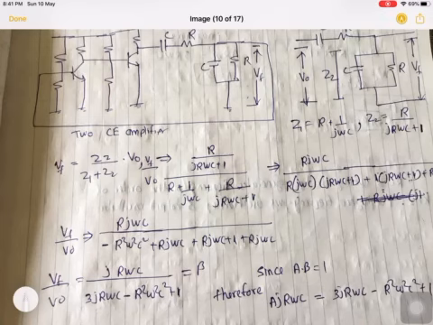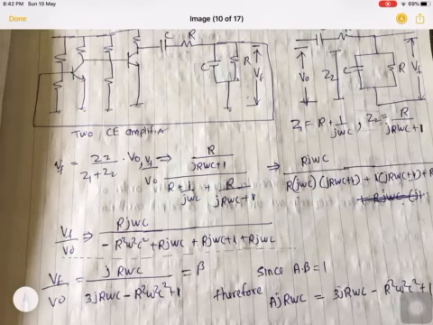Again we have to calculate beta, that is VF by V0. So what is VF by V0? It is Z2 divided by Z1 plus Z2, the simple voltage divider formula. Putting the values of Z1 and Z2, VF by V0 is R upon 1 plus j R omega C, divided by R plus 1 upon j omega C plus R upon 1 plus j R omega C. Taking the LCM,